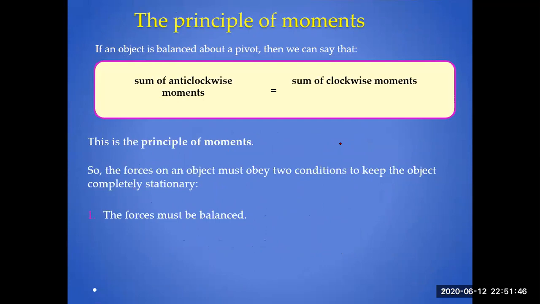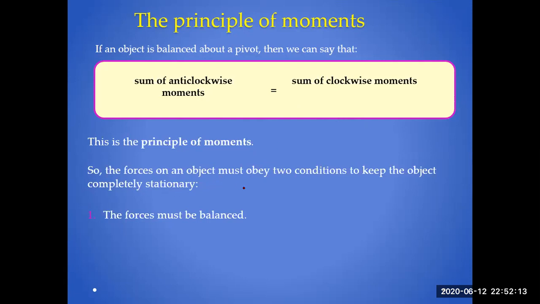You multiply this weight with the moment arm, that is the distance from the point where the weight is hanging up to the point where you have placed the seesaw. The perpendicular distance between the two is the moment arm. You multiply this distance with the weight, and basically you are getting the principle of moments, and you will calculate clockwise as well as anti-clockwise. This is the principle of moments, that clockwise moments are always equal to anti-clockwise moments.